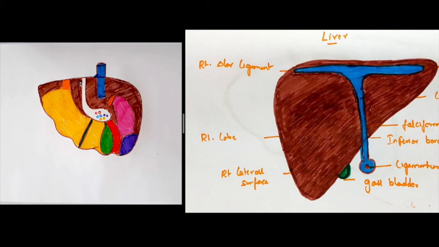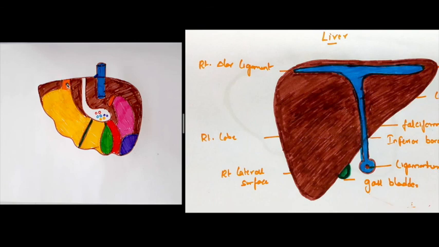And beside this, look here, this is the caudate lobe. This caudate lobe makes a relation with the celiac trunk, right inferior phrenic artery and crus of the diaphragm. So it maintains a relation with those parts. And then on the left lobe of the liver, at the posterior surface, we'll see the esophageal impression. This orange colored part is the esophageal impression. This is about the posterior surface relations.